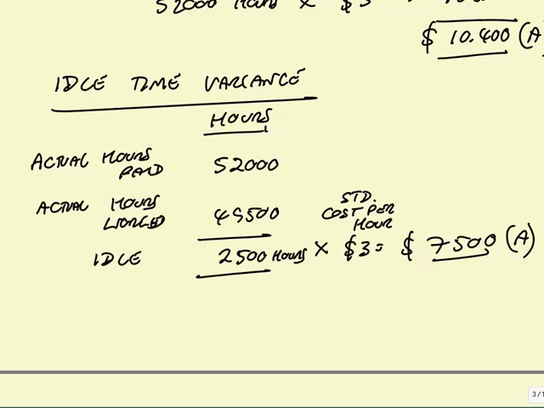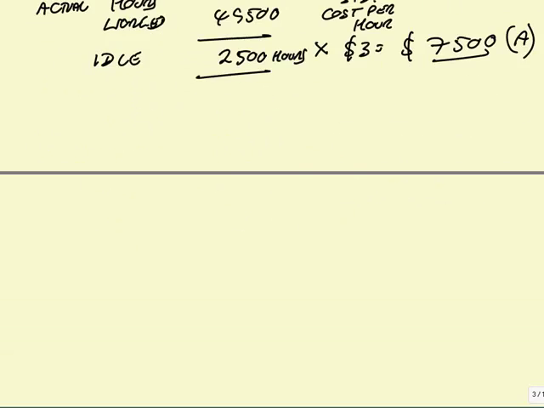Efficiency: did we work faster or slower than we should have done? Again, for efficiency, work always in hours. And to check whether we're faster or slower, we compare the actual hours we worked